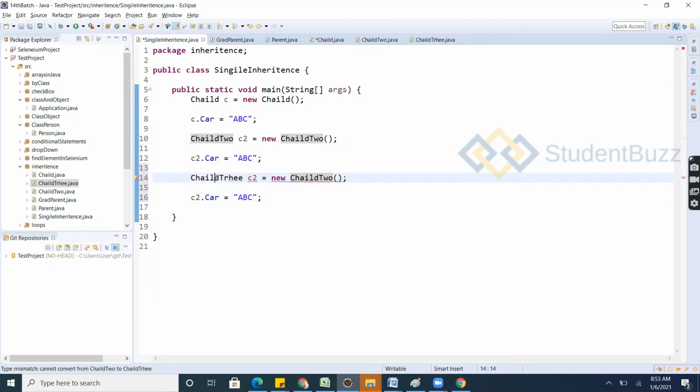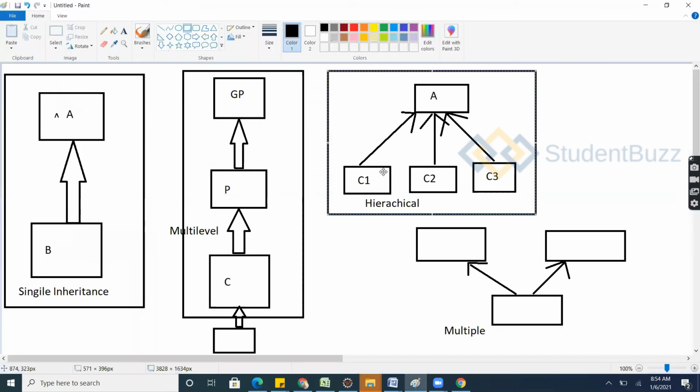So one parent can have multiple relations with the children. Multi childs, 2, 3 kids you have, and you can keep your relationship with the kids. So hierarchical is possible. Single inheritance, one class to another class, parent to child. Is it possible in Java? Yes, it is possible. Multi-level, with parent, child, or grandchild, or whatever it is, if you are putting one into another, right?